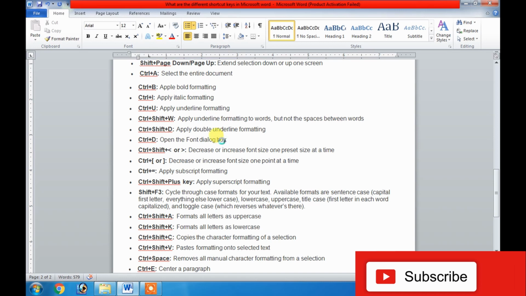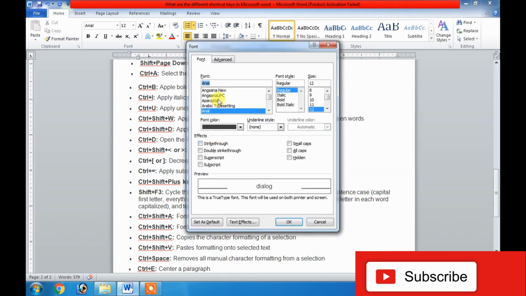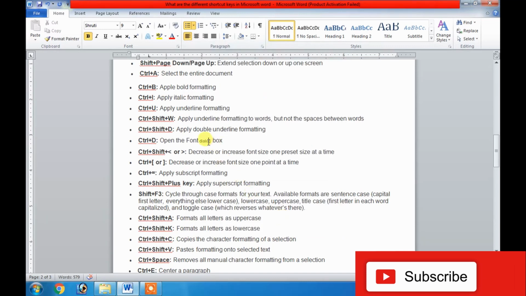Next is the font dialog box. If I press Control plus D, you will see that the font dialog box has appeared. We can choose any style, say bold. From here, if I choose any font, like Shruti, and then suppose I choose size 9, the same is applied over here.